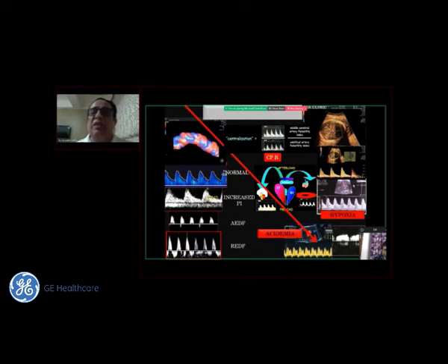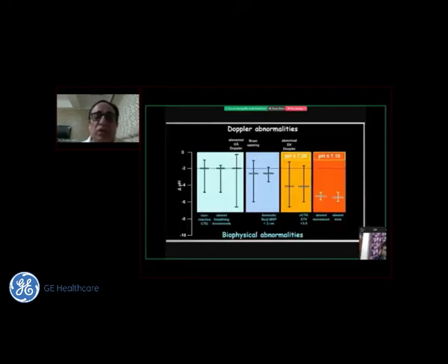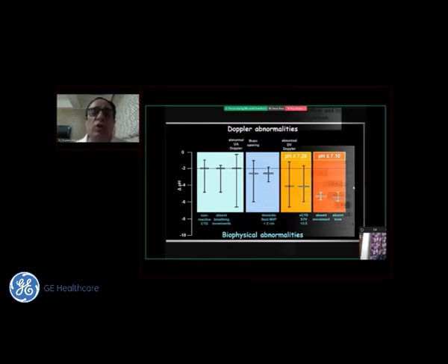Individually, both these parameters are not as sensitive as I told you earlier, the CP ratio, and of course the endpoint is a reversal of the A wave. So CP ratio is very, very important, and as Vivek showed you, if it falls less than 1, that is below the 5th centile, we know the fetus is getting into trouble, and therefore as the Doppler worsens, you will have worsening of the biophysical profile,